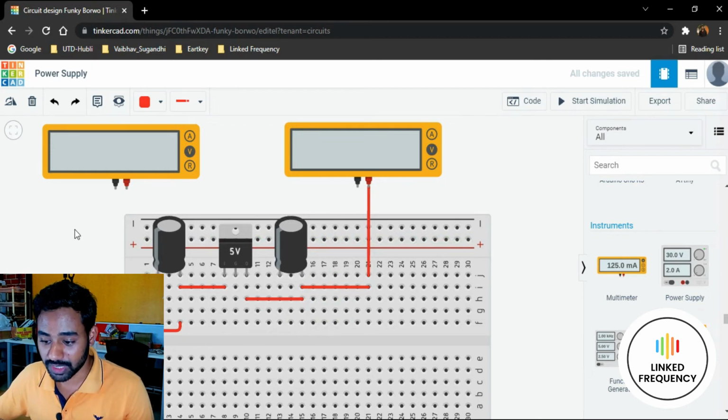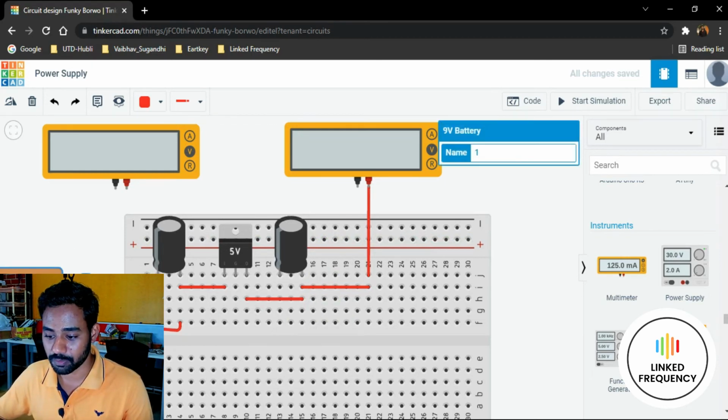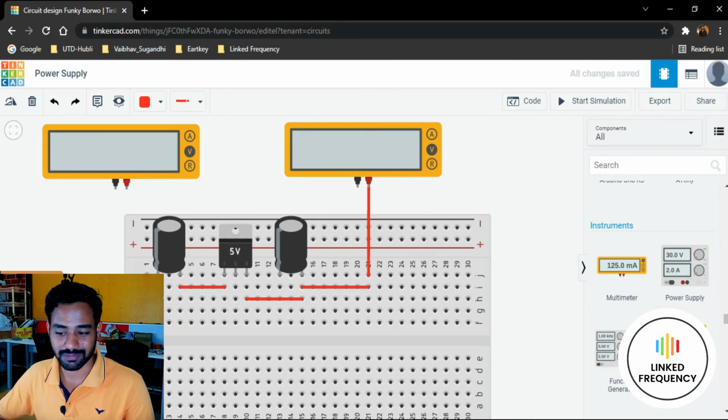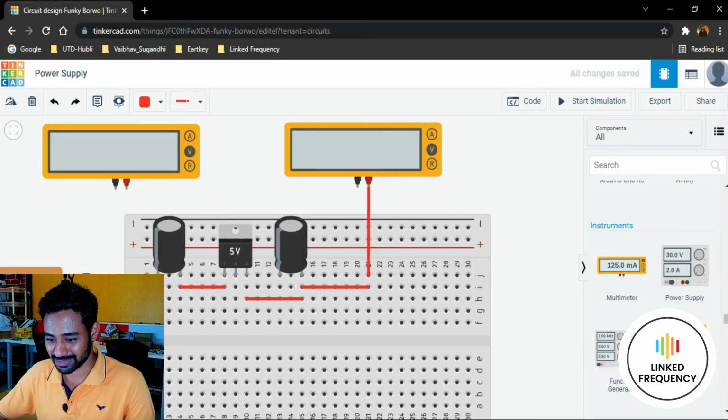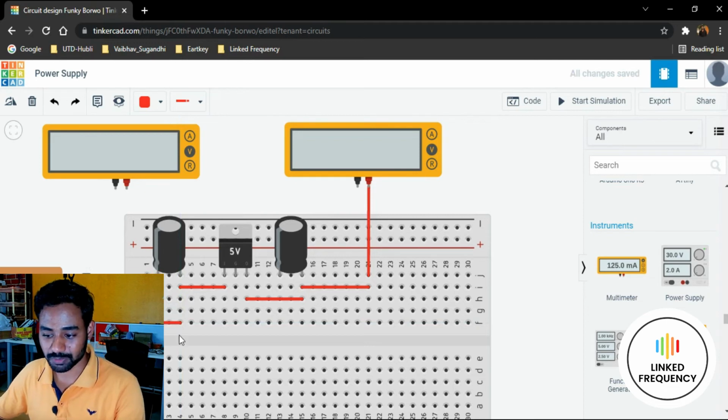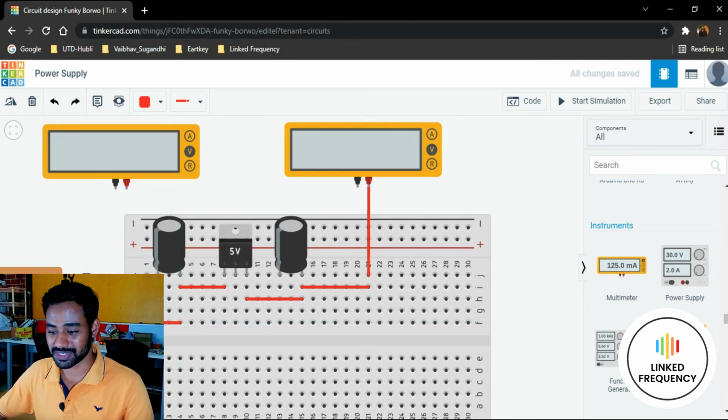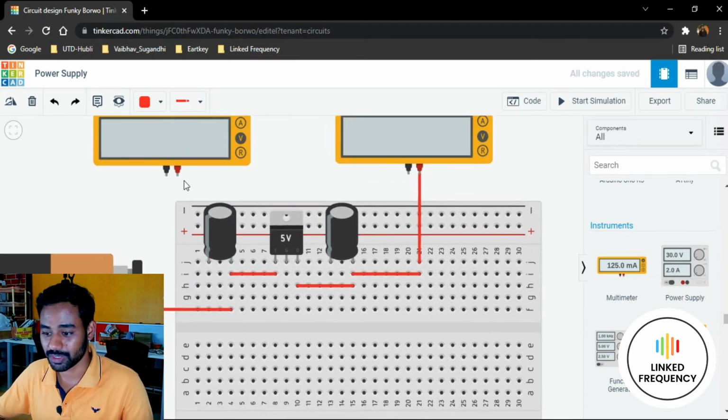Now my job is to connect the negative path, or maybe a ground path. I'm thinking, can I make it even better, because this is looking a little bit weird to me. This is how I look into everything in a professional way. So let me try if I can do it. Yep, this can be done. See, a small bend is removed. That is how, in a professional way, we can optimize our circuit.